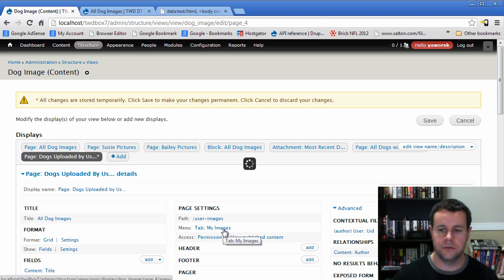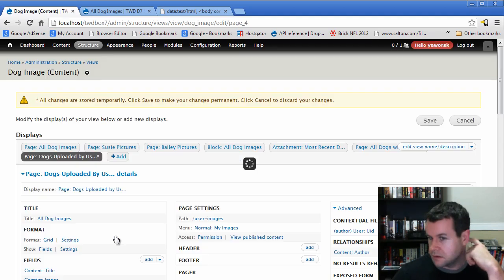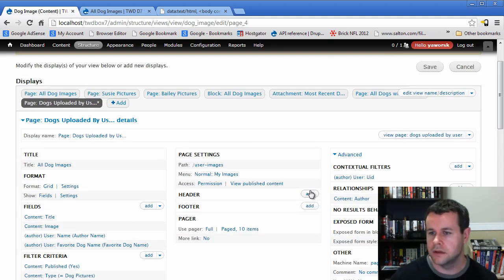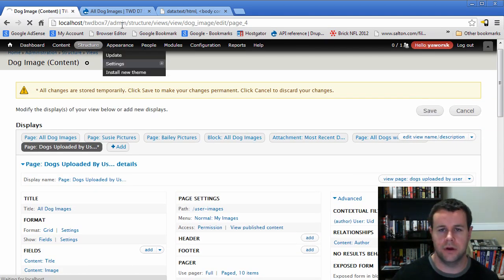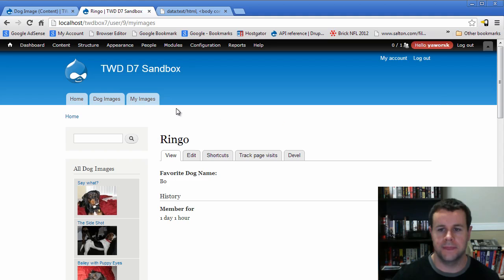Make this a normal tab. You remember we covered this off in another earlier video tutorial. We're going to put this in, I want to say it's main menu, but we'll have to test that out. So we'll go ahead and hit apply. Let's just make sure that that showed up properly. So if we reload this page, now we have my images,